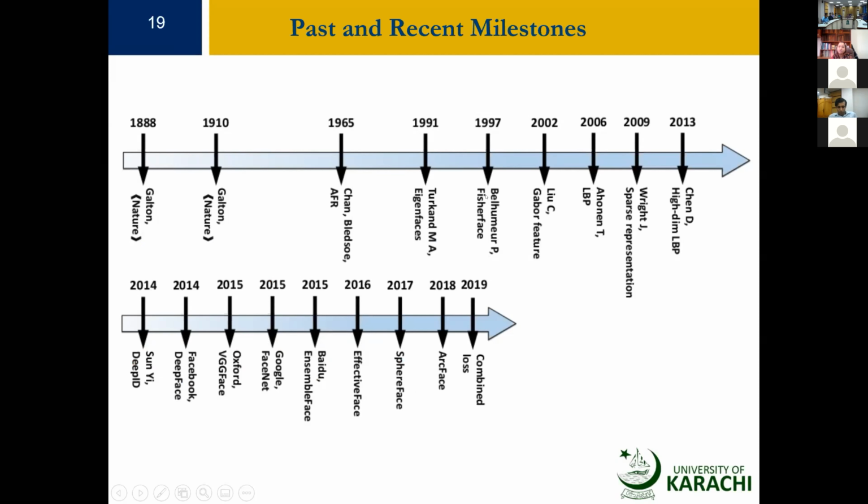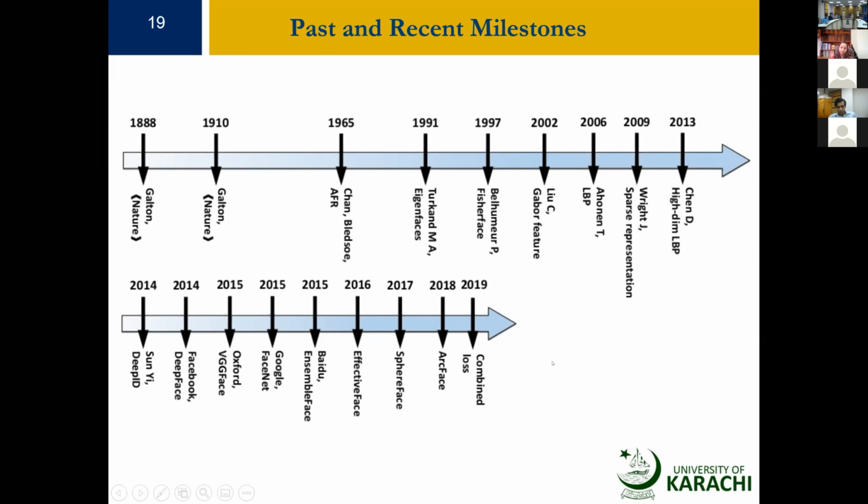there is Gabor feature, there are Fisher faces, there are Eigen faces. But today, we are seeing and experiencing the deep networks, the deep faces, the deep IDs, the VGG network, the face network, the Baidu network, the effective face network, the sphere face, the arc face. And we are standing in 2020. This is the timeline till 2019. So everybody who wants to work on the latest has to start with arc faces or sphere faces to